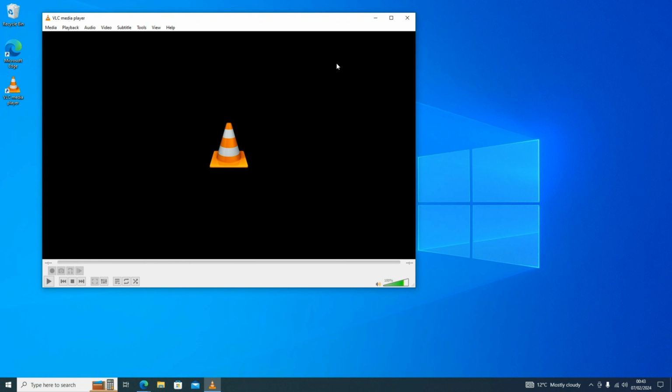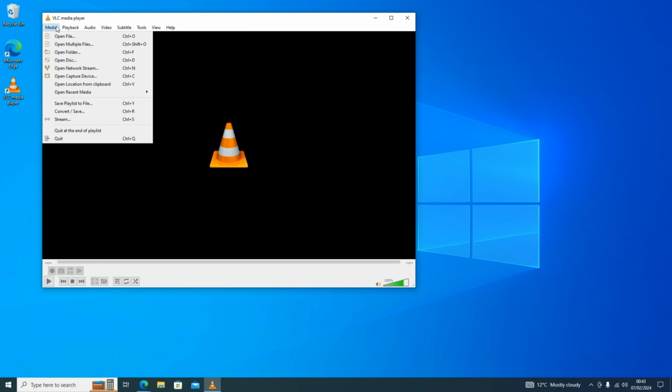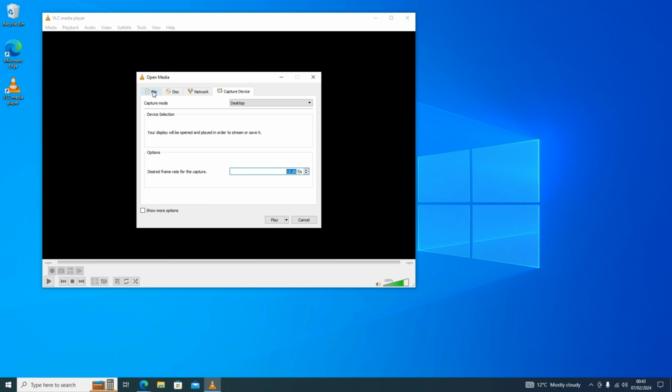So what we will do first is we will change the view. It's already in advanced mode. Just make sure that that is ticked. Advanced controls just give you another few buttons down there, and then we will go over to media, and then from there we need to be opening the capture device. We need to be selecting the capture mode to the desktop because we want to record the desktop. I've set the frame rate at 15 frames per second, and then we need to press this button there and